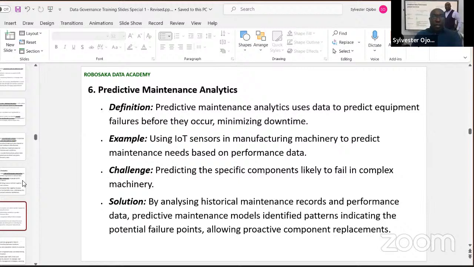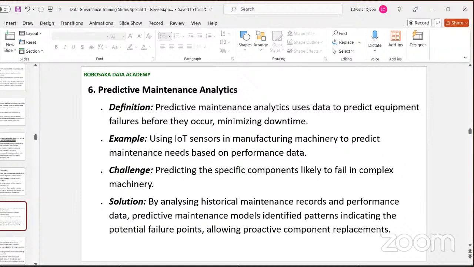Right, that being said, we have a specific example using IoT sensors in manufacturing machinery to predict maintenance needs based on performance data. So if the machine is not performing as expected, you use the IoT sensors to predict maintenance, which is